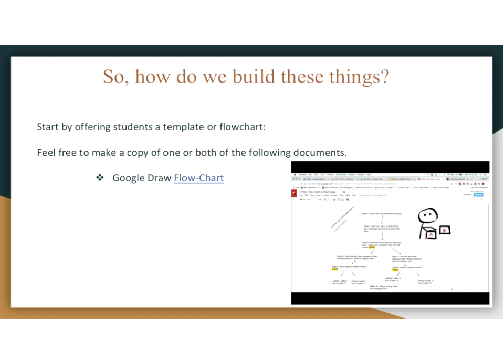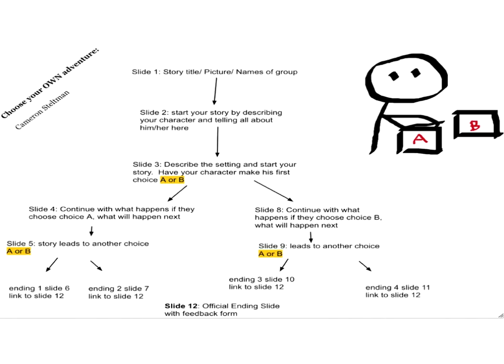But the flowchart I find is so helpful the first time, or if you're working with younger students, because what this flowchart does is it really makes it clear what you have to do the first time, because this is a simple way in which students can do it so that they will not get lost in the process. They can just follow what it says, do the slides, make the links. They're going to make one once, and then they're going to be like, oh, okay, I got it. Now can I do a whole different one? Can I have more of the choices? Can I add a whole bunch of different options? And the answer is always yes. So it's such a helpful tool, this slideshow.